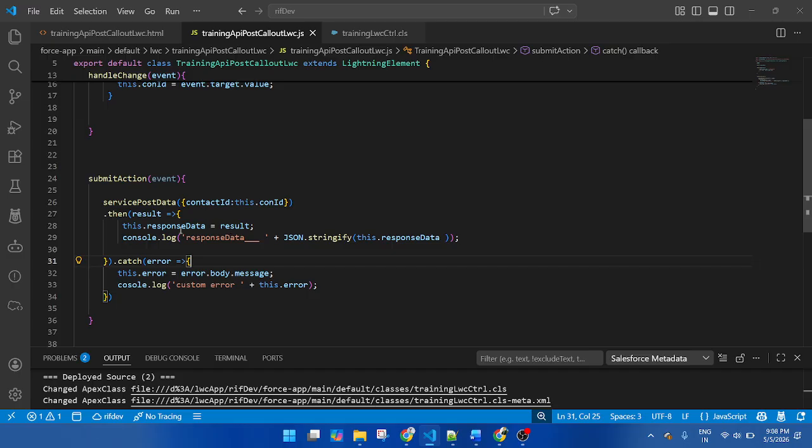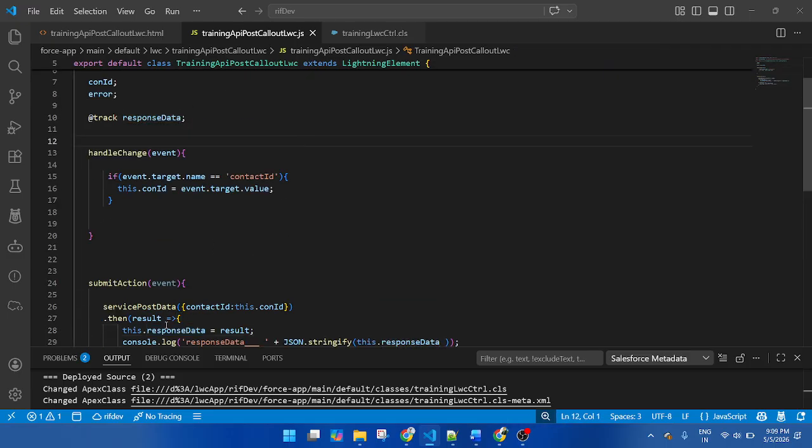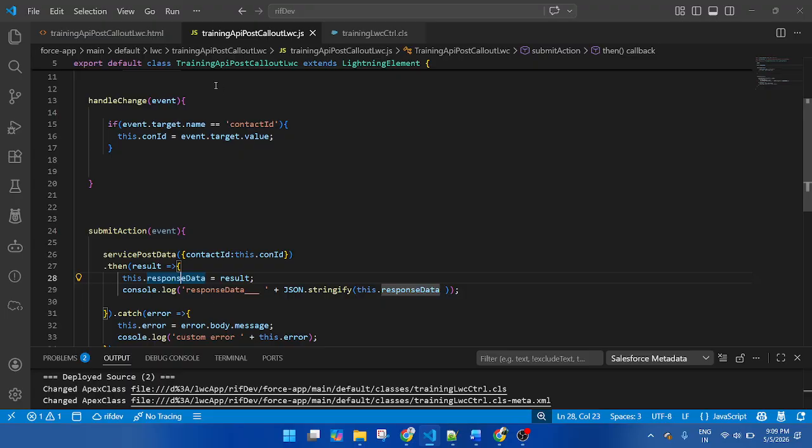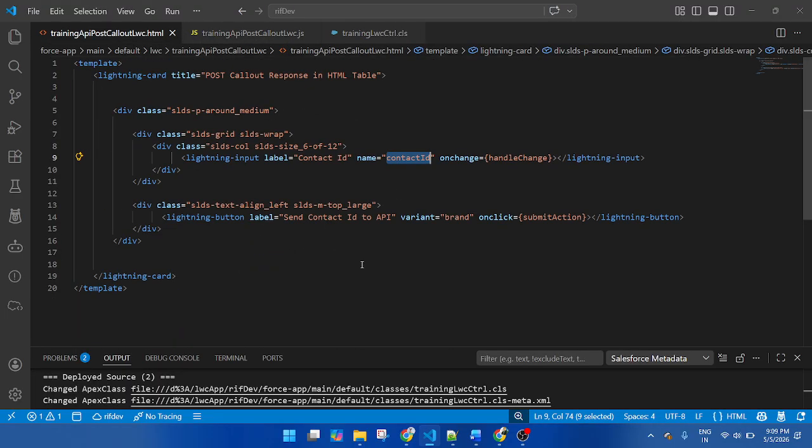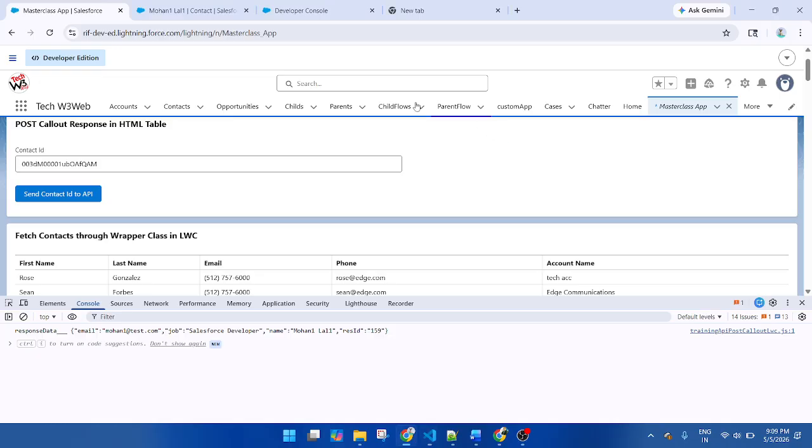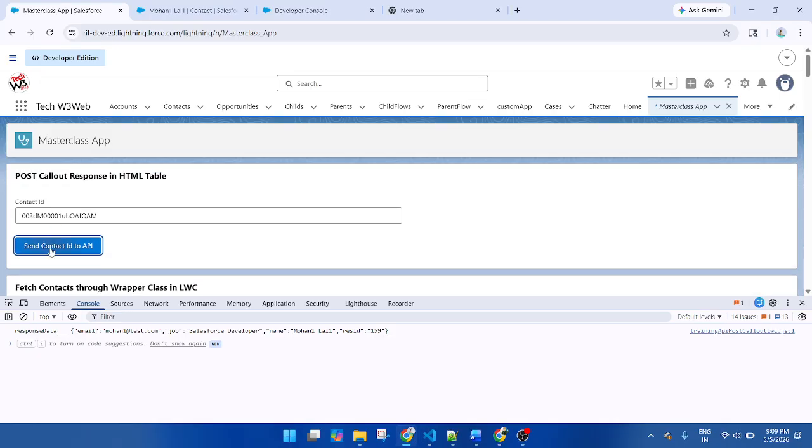You can see this is the response data I created as a track variable. So I will call this variable in the component. I want to display it below the button. This is a button; below the button I want to display data.